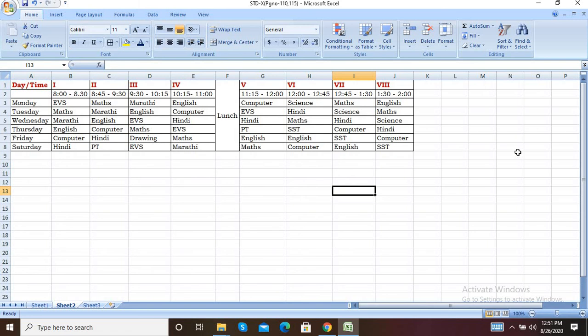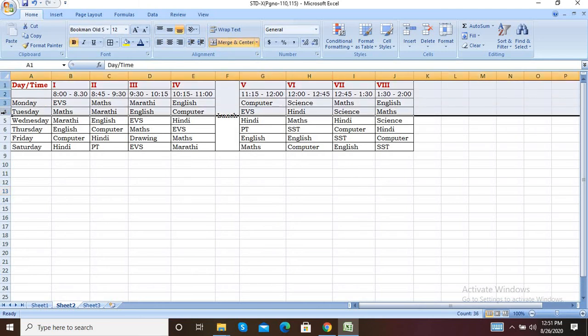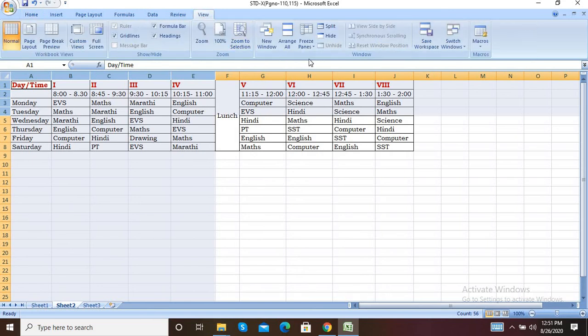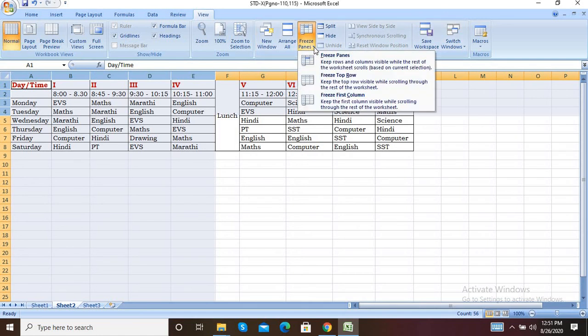Okay, so how is it used? For example, they are saying the first 3 columns, so I am selecting the fourth because 1 and 2 are both one column cell, that's why I am selecting the fourth one. After that, press the Ctrl key and select the first to fourth rows also. Okay, and then in the View tab, there is a Window group. In that Window group, the freeze panes option is there. Just click on that drop-down button and select freeze panes. If you select freeze panes, it will freeze whatever you selected.